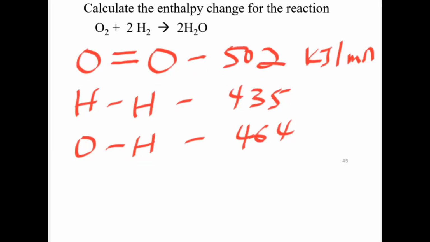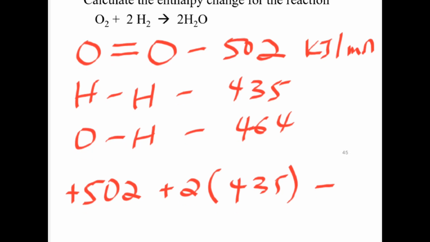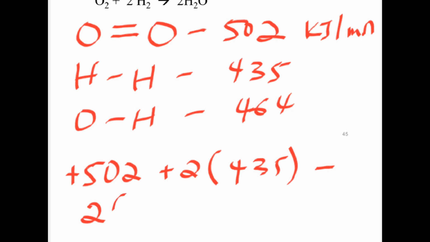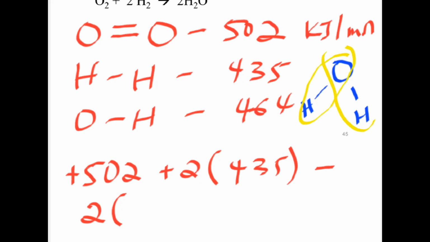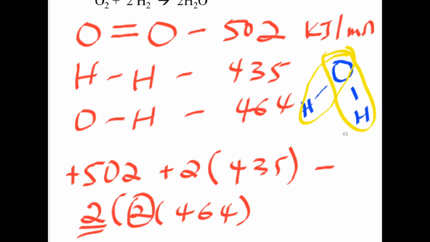So reactant ላይ ኦክሲጅን አለን። ስለዚህ 5O2 ይደመራል ማለት ነው plus twice የሃይድሮጅን 435 minus የኦክሲጅን እና የሃይድሮጅን ደግሞ ይቀነሳል ማለት ነው because ፎርም እየሆነ ስለሆነ ማለት ነው። የወተር ሉዊስ ስትራክቸሩ ይሄን ነው የሚመስለው። ስለዚህ ስንት OH አለ? 1 2 ሁለት ነው። ሁለት ጊዜ የOH 464 የምንለው ማለት ነው። እቺ ሁለት ሞል ኦፍ ዋተር ፕሮዲዩስ ለሚሆን ማለት ነው። This 2 refers to the oxygen hydrogen number, to the number of oxygen hydrogen that are formed ማለት ነው። ስለዚህ በሁለት ማባዛታችሁ እንደተረሱ ማለት ነው።